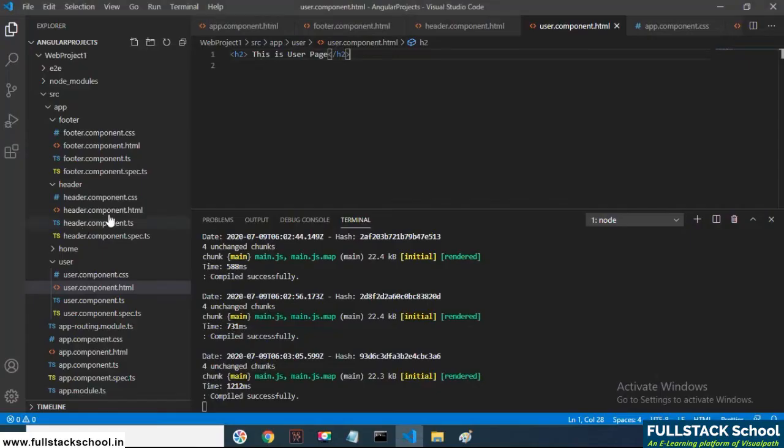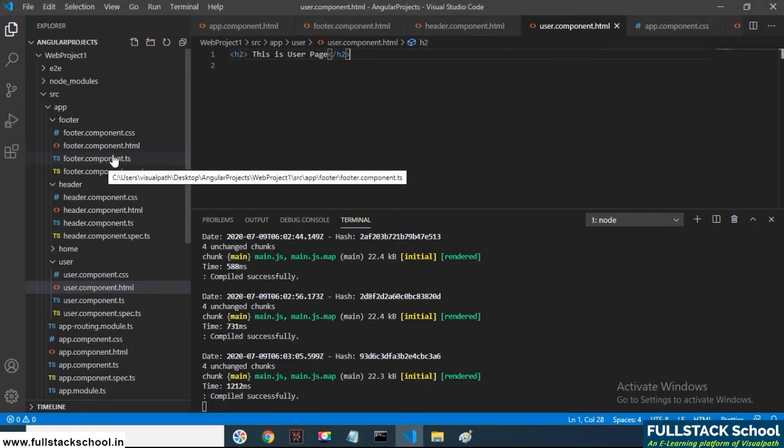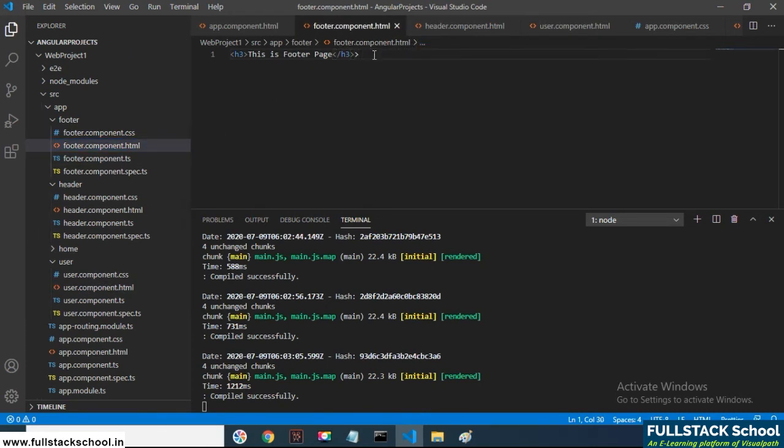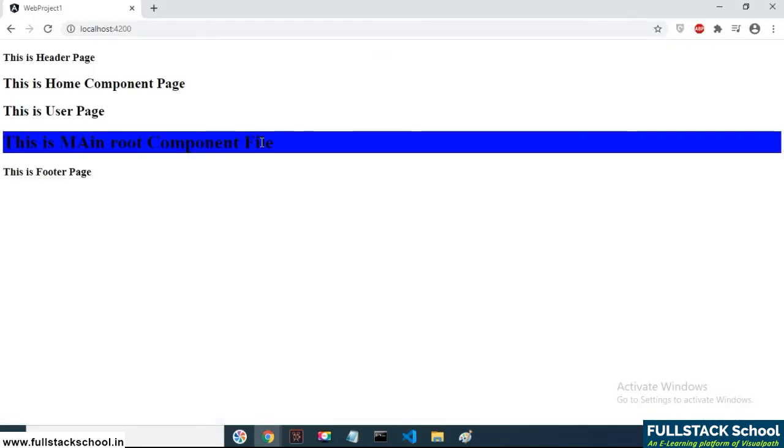Once you add that, you see the changes, we are getting that header. Now this is where we are creating the components.